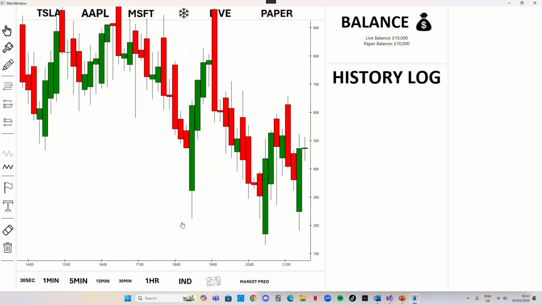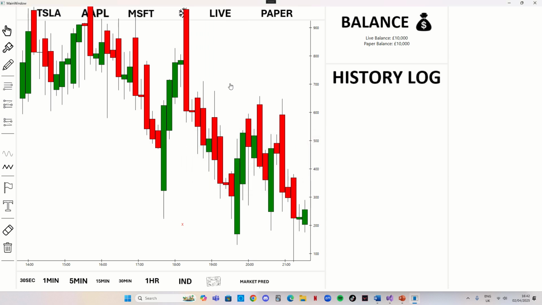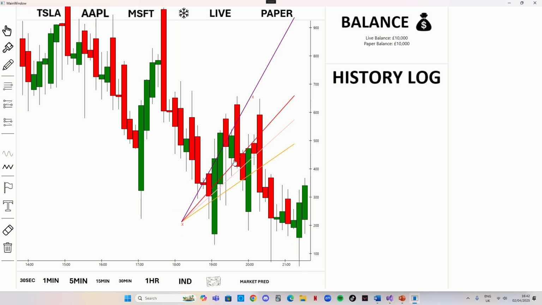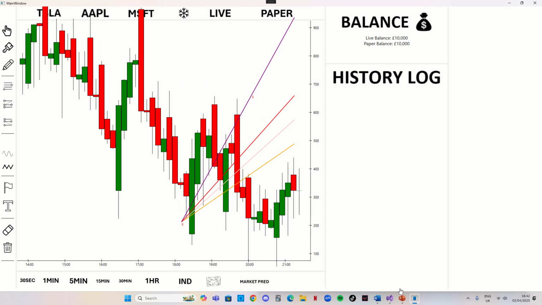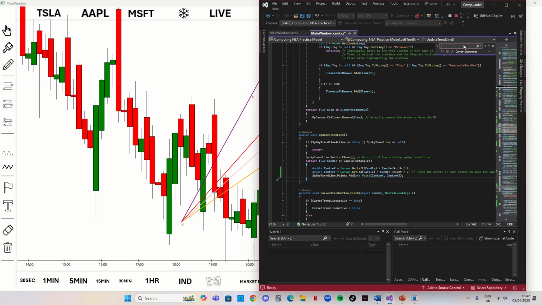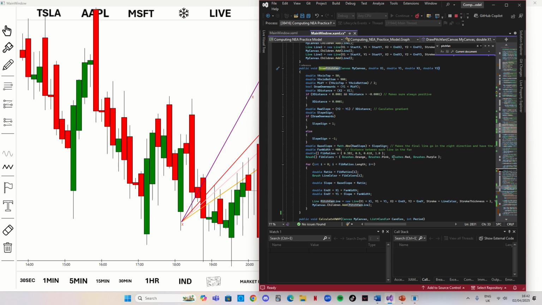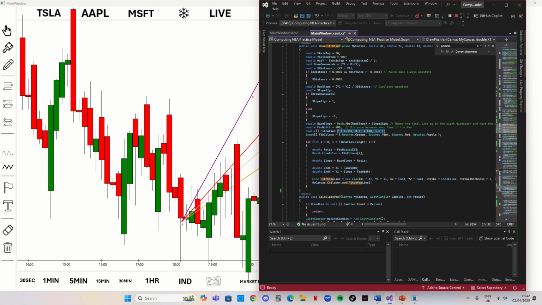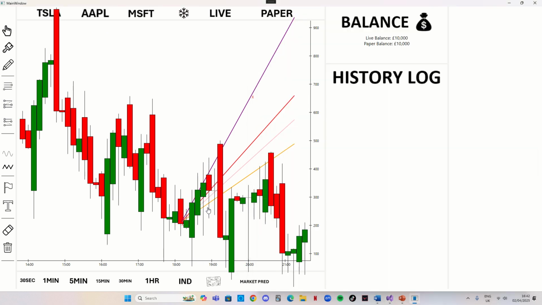So let's put a point down here. It should put a nice little X for me. Put the second point, which is going to be another peak, or the opposite. And then it draws a pitch fan between these points, correlating to the fib ratio. So if I get the pitch fan up, our fib ratios are just here, and you can see those lines